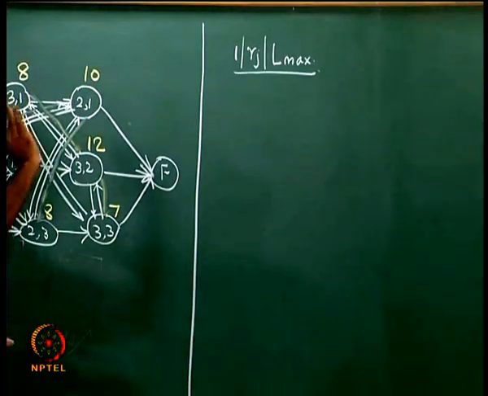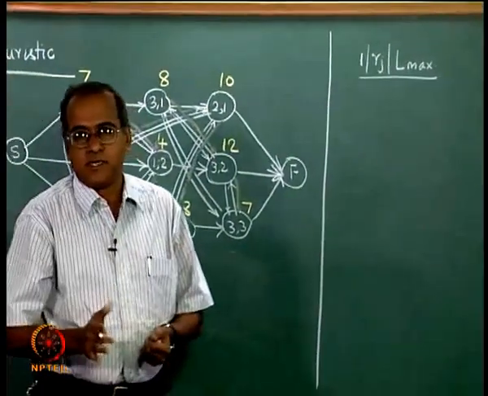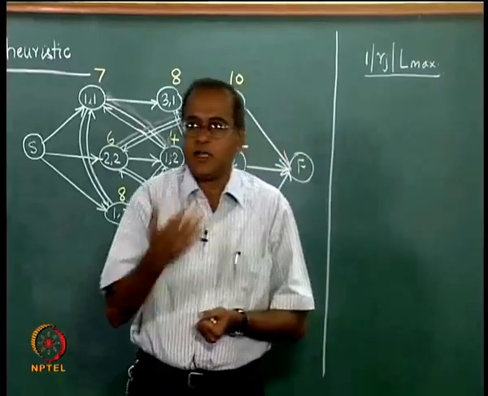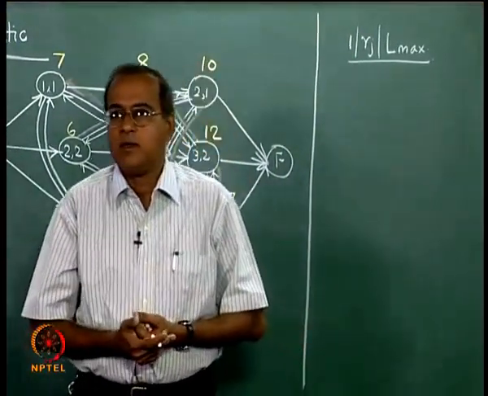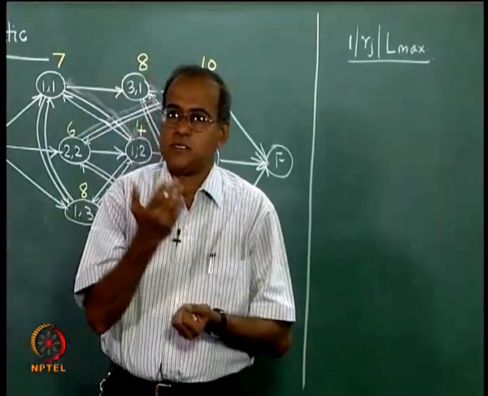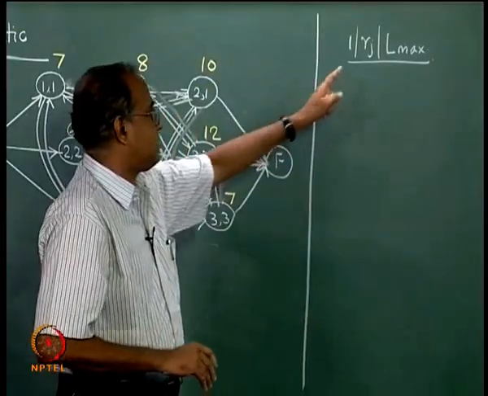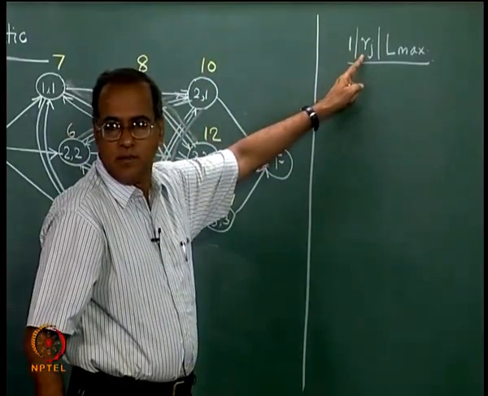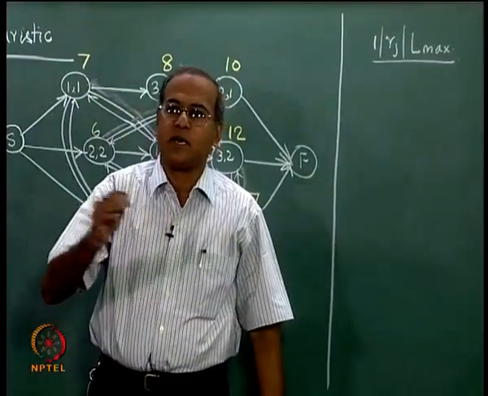So the sub problem that we will look at is a single machine problem with release times. It means all jobs are not available at time equal to 0, but the times at which the jobs are available are known. So, Rj is the time at which job j is available,